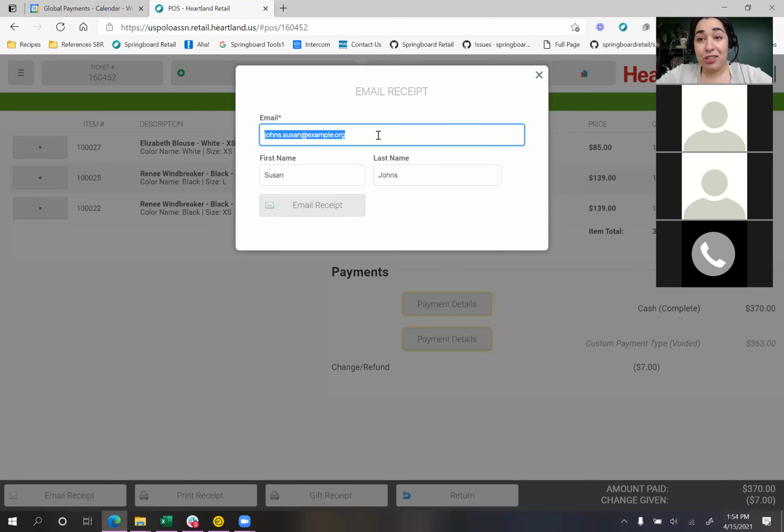You can actually change this out and it's going to update her profile, which is wonderful. If you have an email receipt module that comes up and it's blank, you put in their email, their first and last name, and it's going to create a profile for that person. If that person has a profile but no email address, whatever you put here is going to update that profile